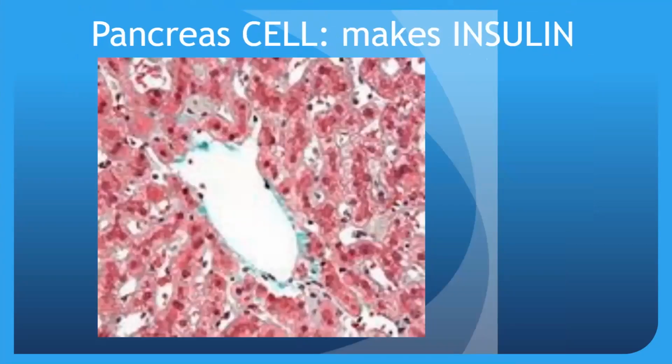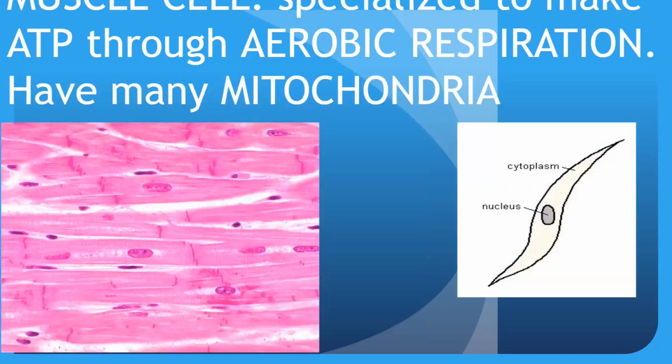Here are some other specialized cells that we have in our body. Our pancreas cells are specialized for making insulin. Remember, insulin is important because we need to control our blood sugar. If we don't have cells that are able to make insulin to help us break down sugar, our blood sugar gets too high and we get sugar buildup in tissues like our eyes and our toes, and we don't want that. Individuals who suffer from not making enough insulin suffer from what disease? Right, diabetes.